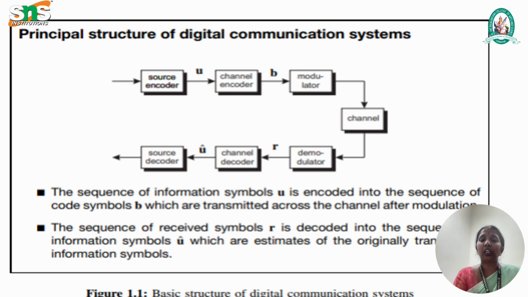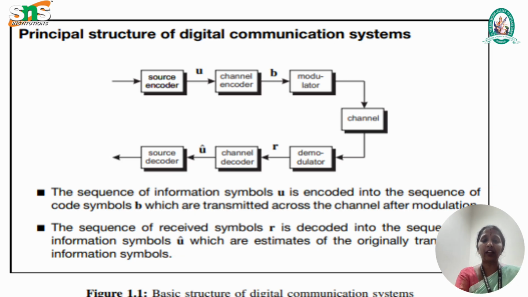But before that, we are using a modulator. Why do we use this modulator? To handle the frequency, up and down, and to equalize that, we use a modulator. So on the sender side, three things are used: source encoder, channel encoder, and modulator. These all come under the sender side.